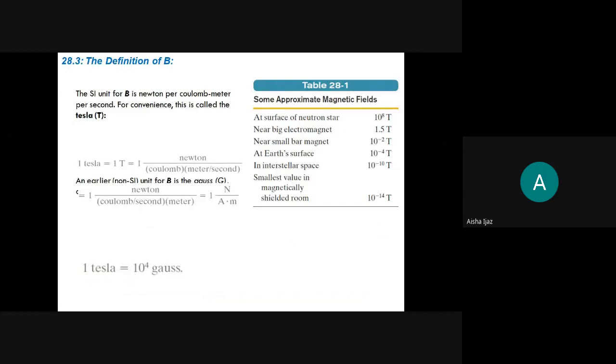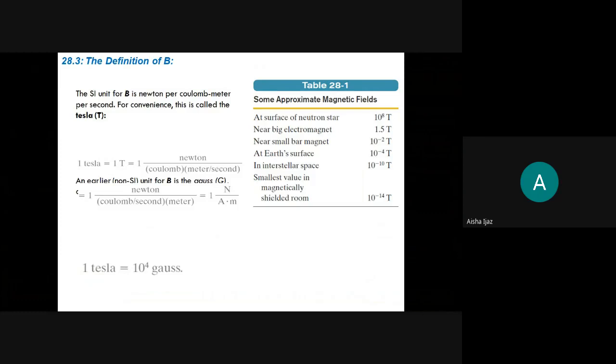the B by that definition. That would be B equals F_B divided by QV sine theta. And the unit of B will be Tesla. That is written here as 1 Newton per coulomb meter per second, and 1 Tesla is equal to 10 raised to the power 4 Gauss. And you can see here the different values of the